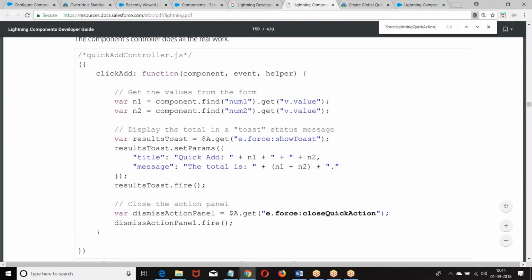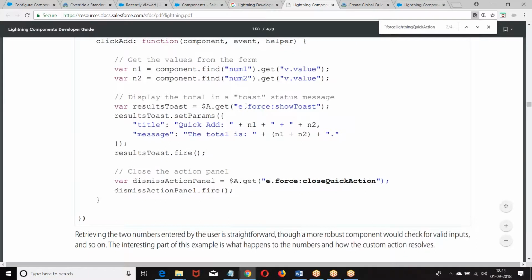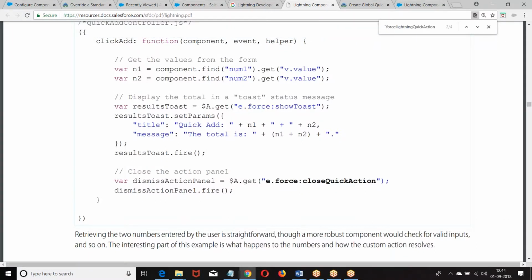Look at this. What we have here. E stands for event, standard events. Tell me one location where we have used this E. In what type of event handling? Application level event handling, we gave E colon event name, right? So E colon force colon event name. E colon C. We have given E colon C. Here it is a standard action.